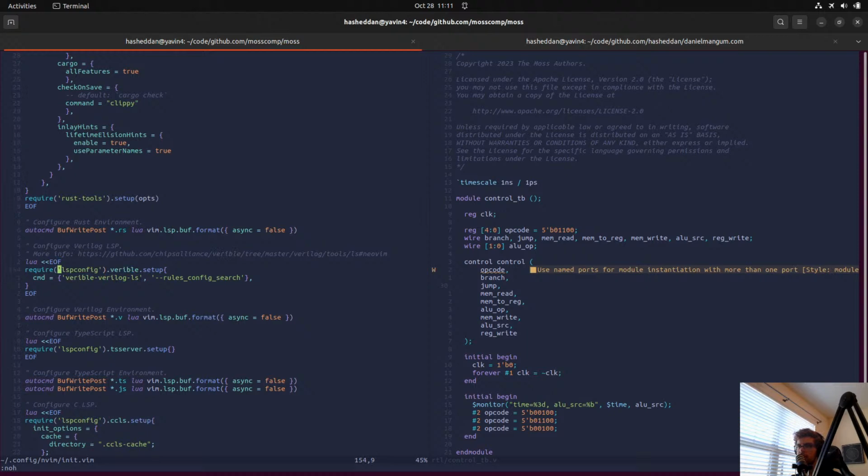So require LSP config per usual with neovim, call variable setup, and then I added that rules config search, so it'll look for mine. And then I also added the after write, so I think after saving on Verilog files, that we want to go ahead and format those files.